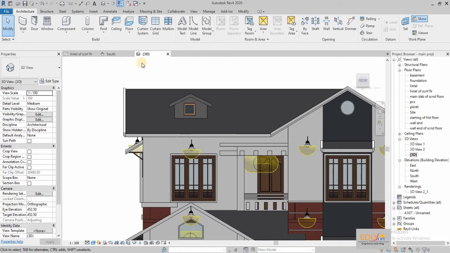How to place a window is already discussed in our previous video.